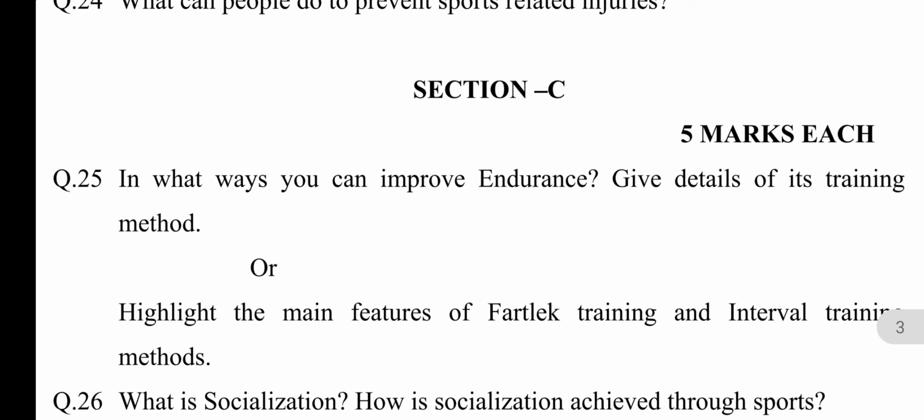Number 1, proper maintenance of playing area. 2, proper warming up before participation. 3, elimination of unfair practices. 4, wearing protective gear wherever required. 5, medical examination of playing participants. 6, using standard equipment and facilities. 7, players should be matched on the basis of age. 8, periodical inspections of equipment, etc. 9, organizing sports by keeping in view the safety of players.